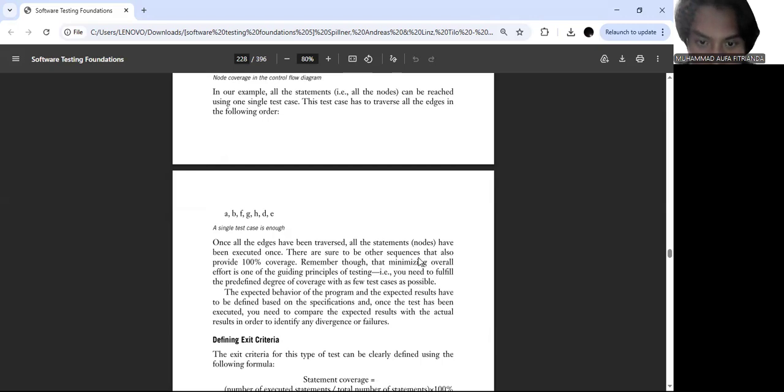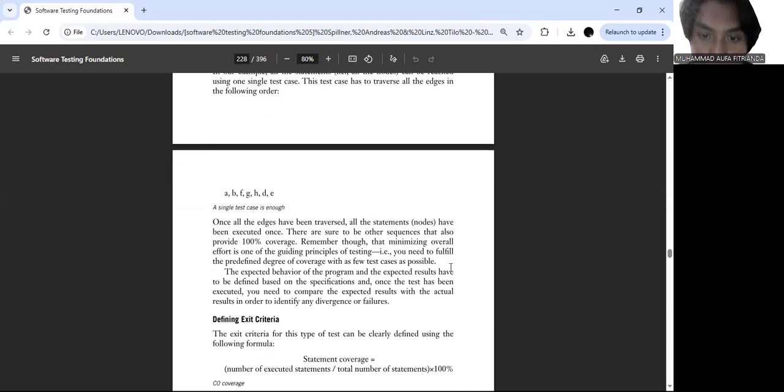There are sure to be other sequences that also provide 100% coverage. Remember though, that minimizing overall effort is one of the guiding principles of testing. You need to fulfill the predefined degree of coverage with as few test cases as possible. The accepted behavior of the program, the accepted result, has to be defined based on the specification, and once the test has been executed, you need to compare the accepted result with the actual result